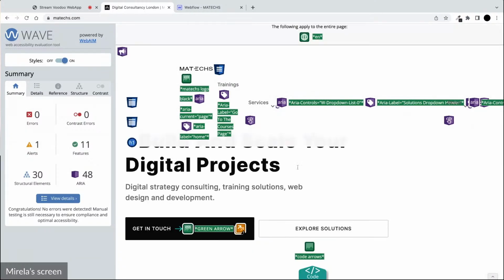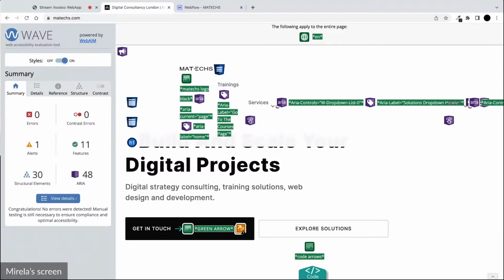Wave stands for Web Accessibility Evaluation Tool. This is also a free extension that anyone can download and start using in the browser. It is powered by WebAIM, which stands for Web Accessibility in Mind, a nonprofit organization that provides leading expertise on web accessibility at an international level.